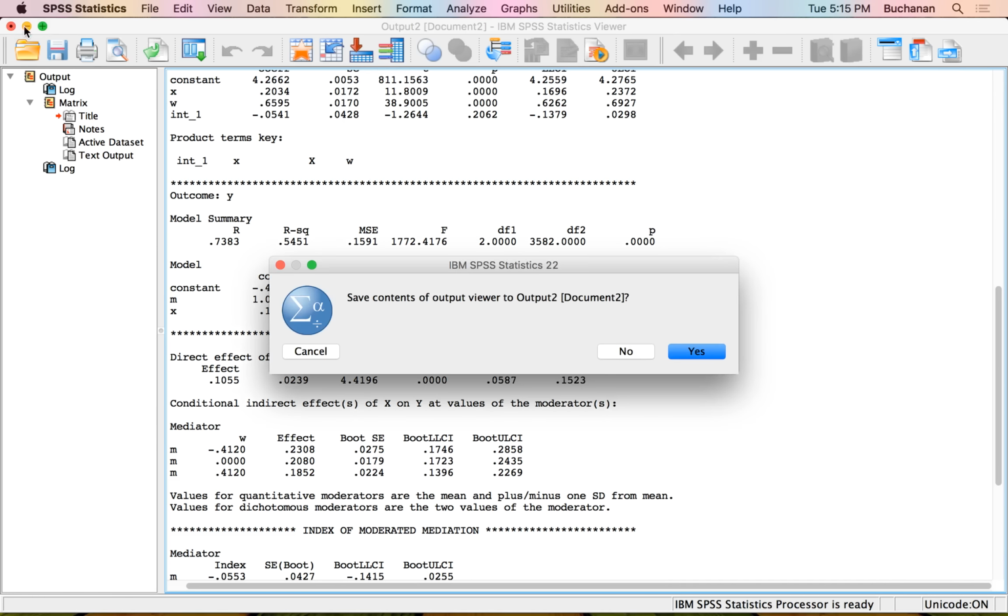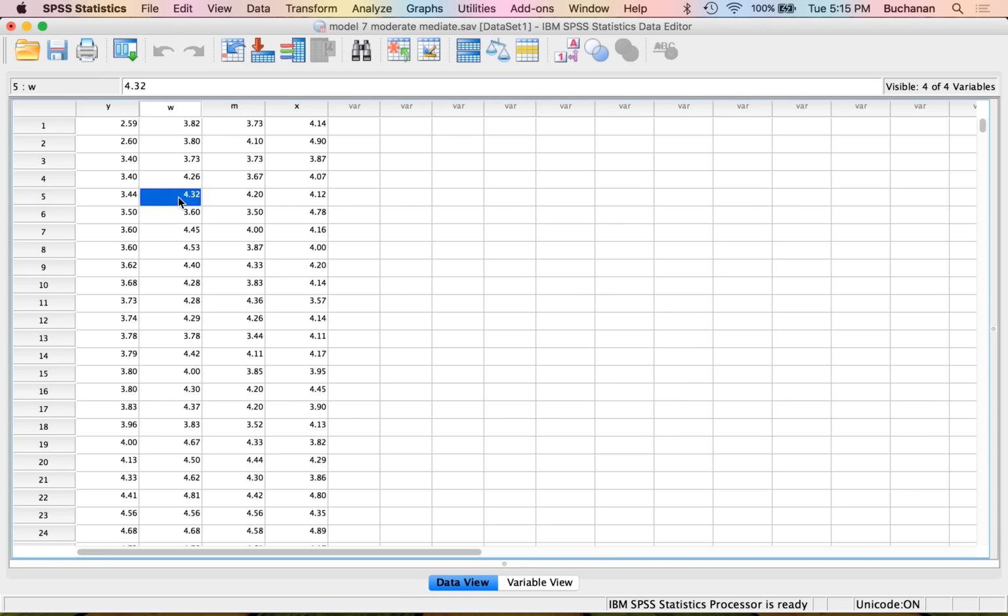Okay, so let me close this so we don't get tempted to look at it. What we're going to do now is talk about assumption checks. Now there are lots of ways to do this as well. And probably the most accurate way would involve using a lot of the interactions to predict,